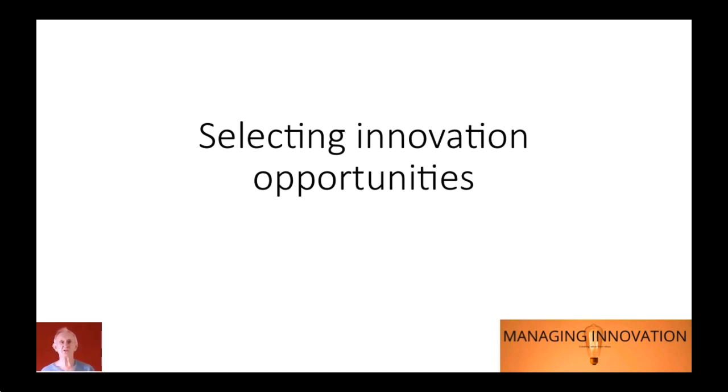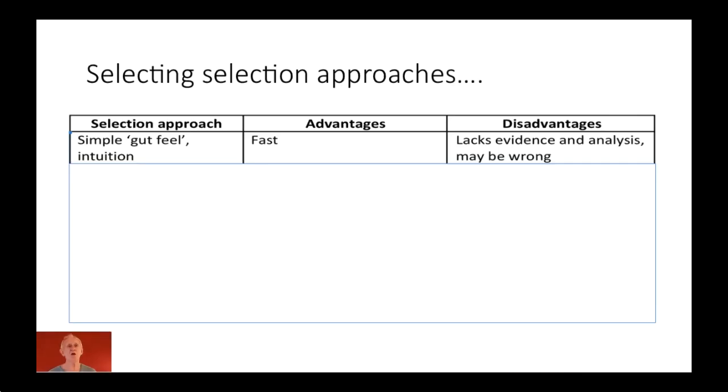Selecting innovation opportunities. So we've got plenty of tools and techniques to help us deal with this challenge of selection. Really, we need to perhaps look at their strengths and weaknesses, their advantages and disadvantages to help us in selecting those selection approaches. For example, those simple techniques, gut feel, very, very simple first pass looks, they may be useful because they're fast, but their big limitation, they don't have much detail, they certainly don't have much in the way